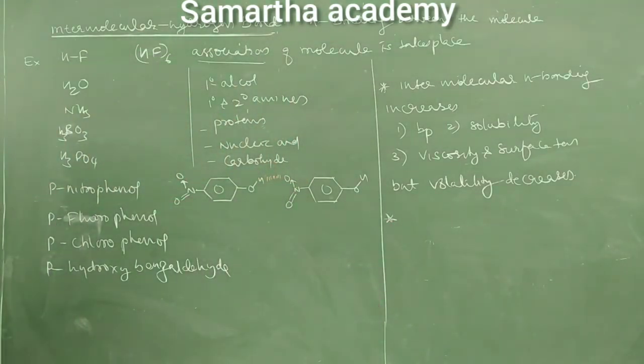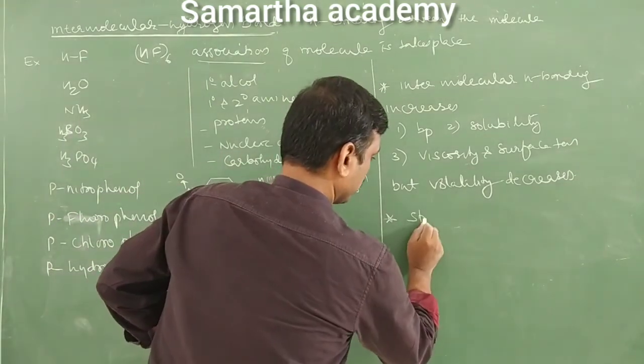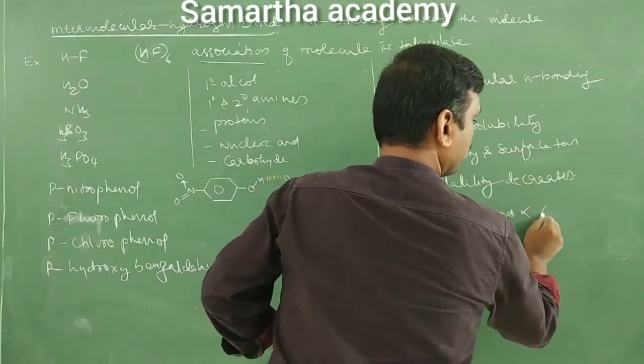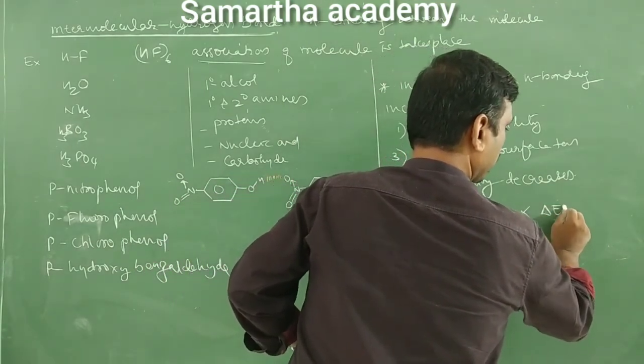Right. Next is strength of hydrogen bond. Whether the strength of hydrogen bond is the same in all the molecules. Take 3 molecules: HF, H2O, ammonia. In 3 molecules there is a hydrogen bond. The strength of H bond is same? No. The strength of the hydrogen bond depends on difference in electronegativity. If the difference in electronegativity is more, the strength of the hydrogen bond is more. So therefore, strength of hydrogen bond is directly proportional to difference in electronegativity.